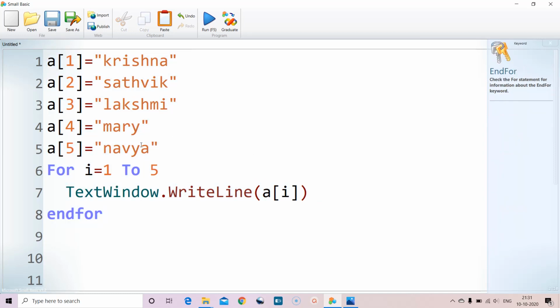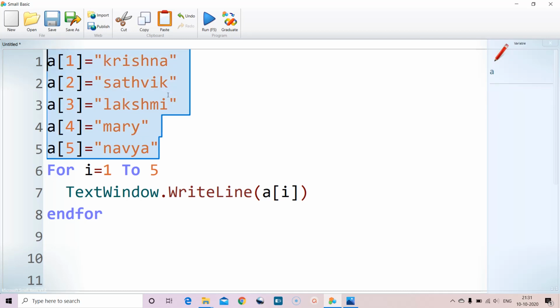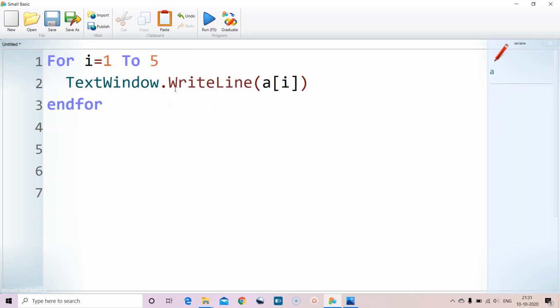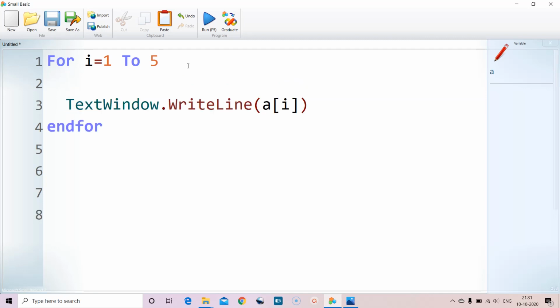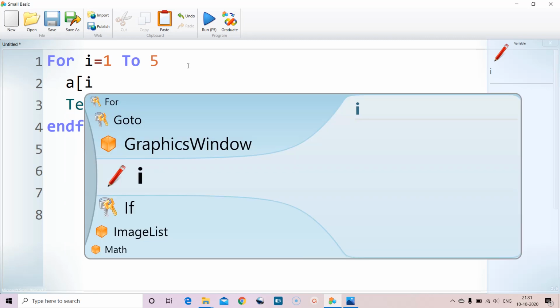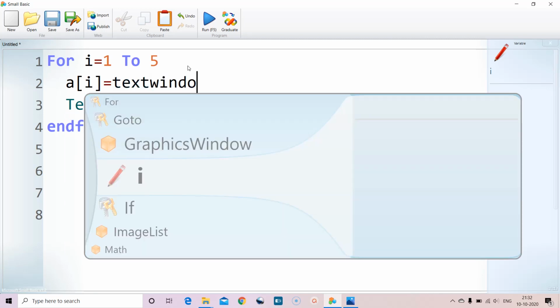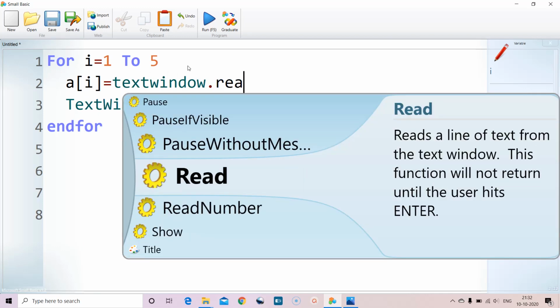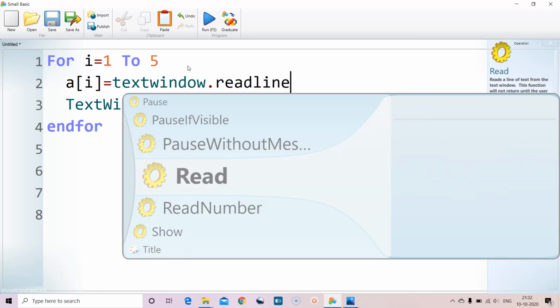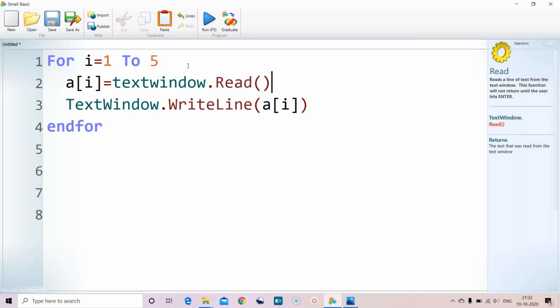We can also, instead of hard coding in the program, read the values.